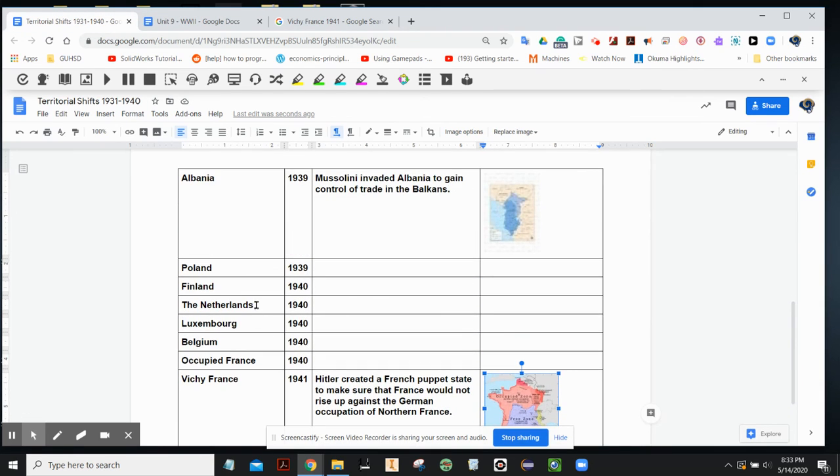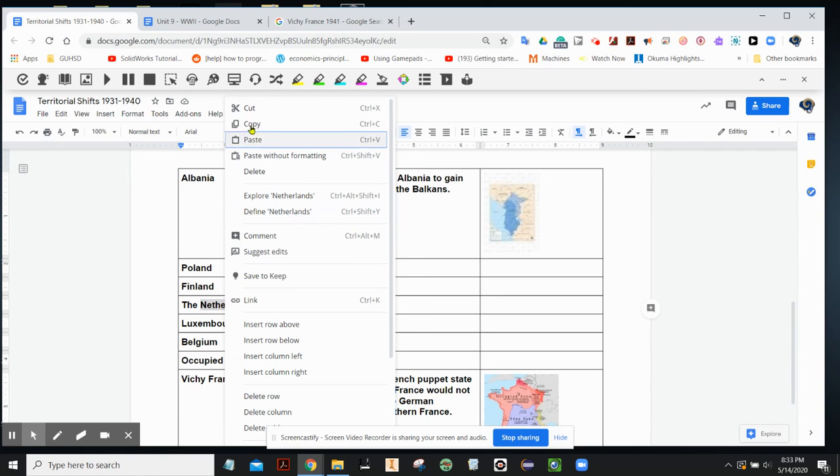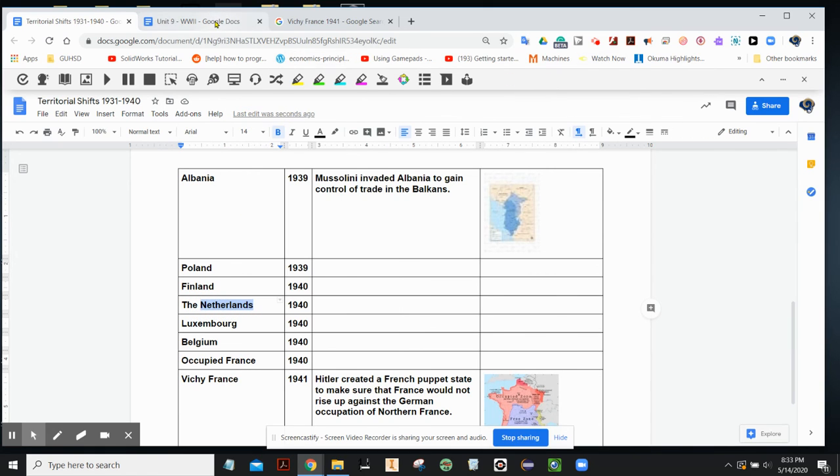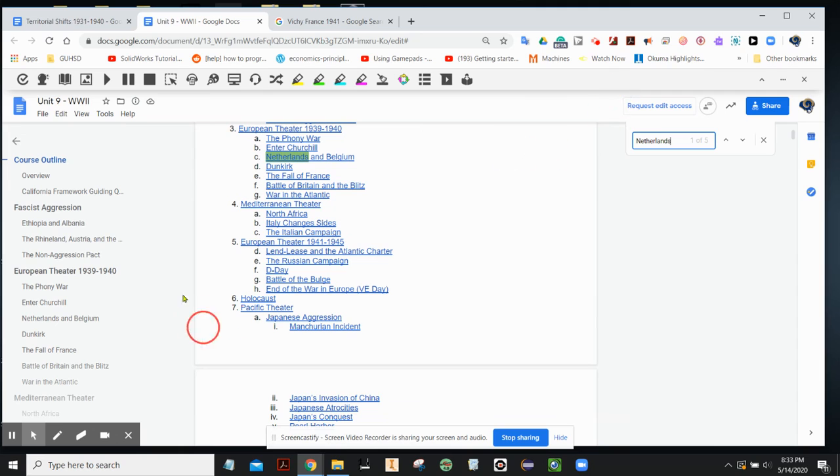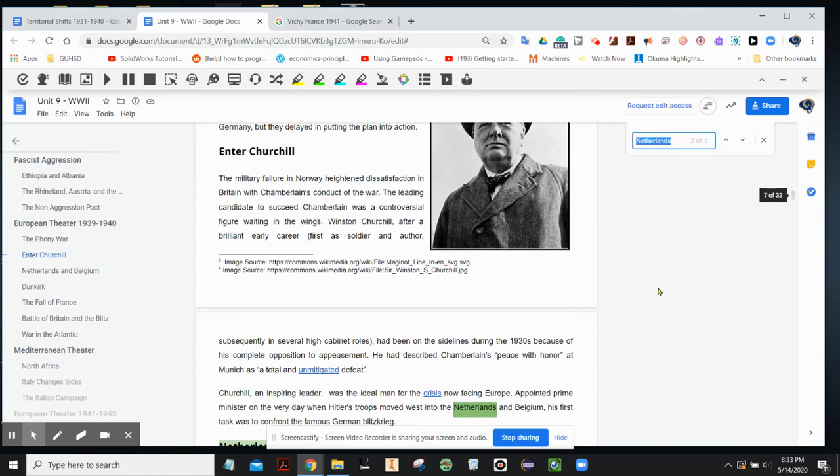Let's take the Netherlands, copy there, and put it over here. Control V, boom. Netherlands and Belgium, it actually comes up in the document, and it's got 5 instances or occurrences. Let's go down to,